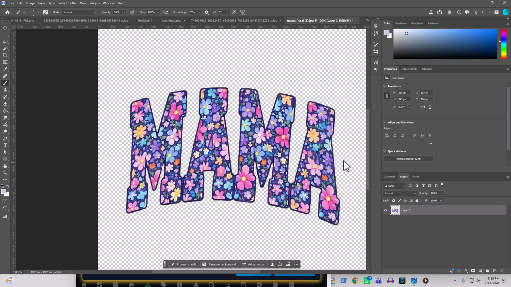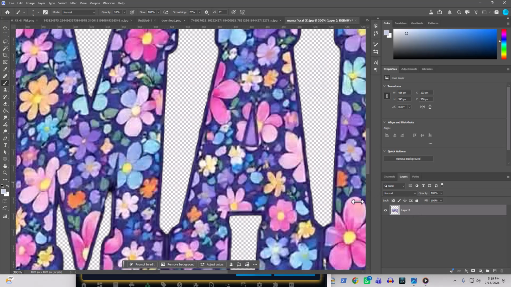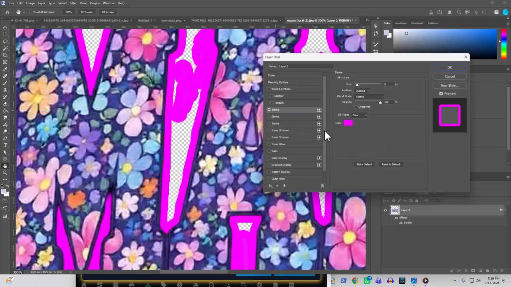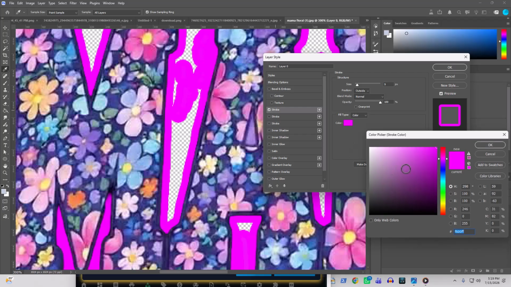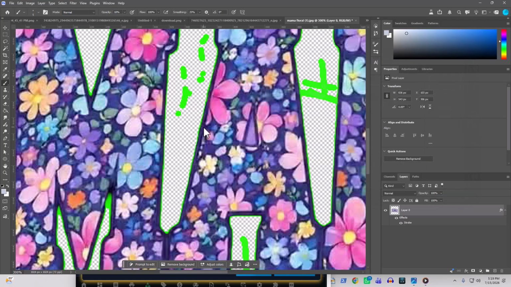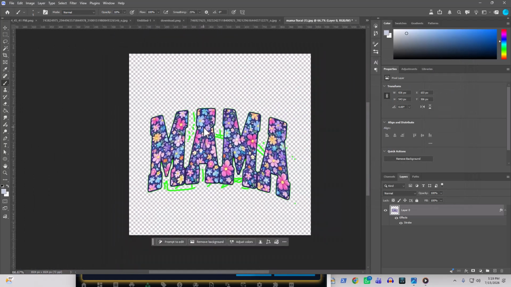They create these little dots all around. Okay, and just to prove to you that they're there, like we can't see them, maybe you can barely see some faint stuff there. If you do blending options and you put a stroke on it outside and you make it a strong color, either pink or magenta or green or something like that, then they are just going to become very evident. So if I just set that to 1 pixel, you can now see all that trash, I call it mess